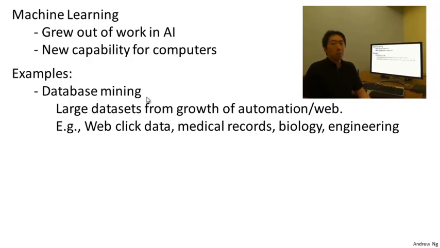Medical records. With the advent of automation, we now have medical records. So can you turn medical records into medical knowledge and start to understand disease better? Computational biology. With automation, biologists are now collecting tons of data of our gene sequences, DNA sequences, and so on. And learning algorithms have given us a much better understanding of the human genome and what it means to be human. And in engineering as well, understanding the tons of engineering data that we have with the advent of automation. So understanding the data that we have is one large segment.